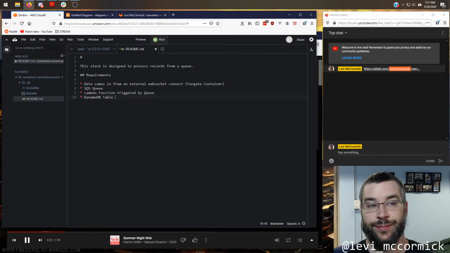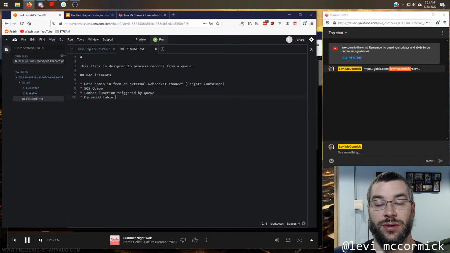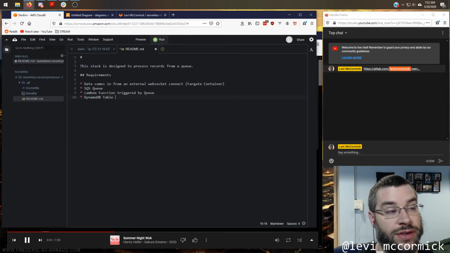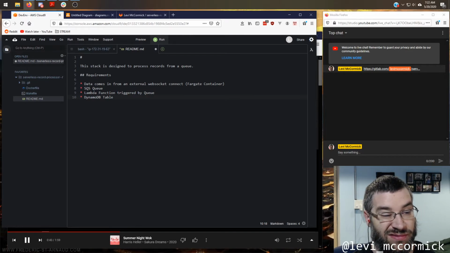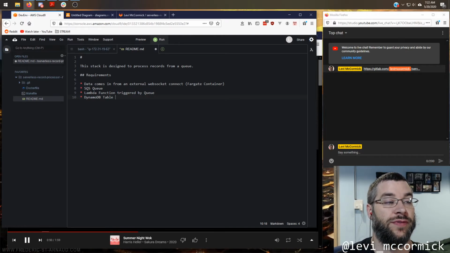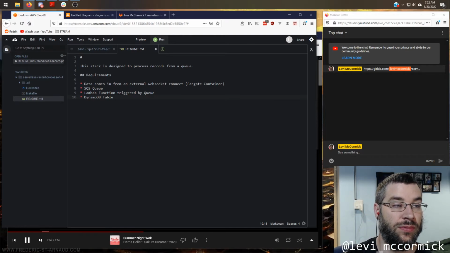Maybe it's some kind of temperature control system, or some kind of sensor system that just gets an overwhelming amount of data, and then they need to make decisions on that. Maybe a temperature is trending high or low. I don't know. He didn't get into the details, and it frankly doesn't really matter at this stage. So we'll have a Dynamo table that this function writes the analyzed records into.